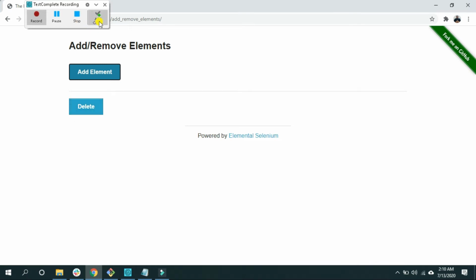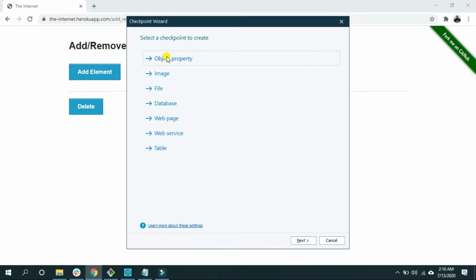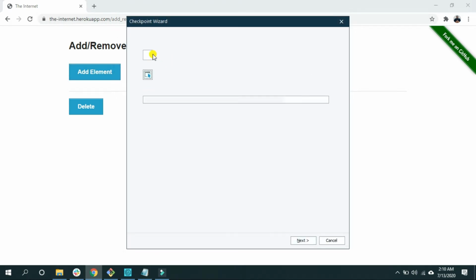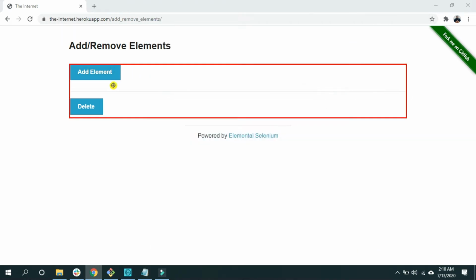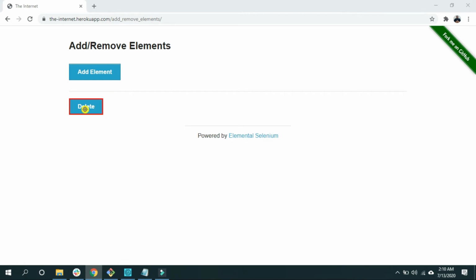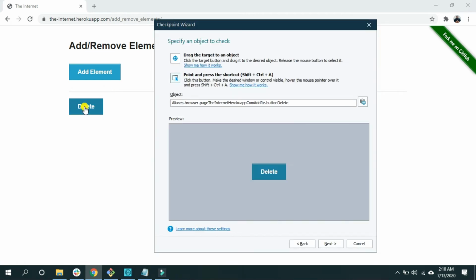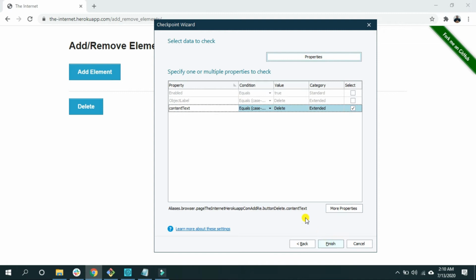Again I'm going to click on Add Checkpoint, Object Property, select this icon and drop on the button, that is the Delete button, and now I want to check the property that this button is visible on screen. Click on next and let's see if there is a Visible on screen property.